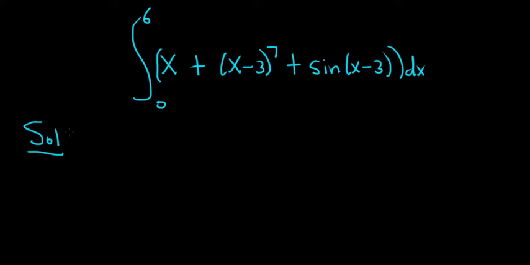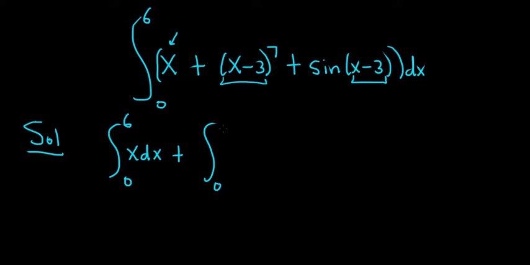Solution. So I'm not sure if there's a clever trick to do this integral. If you know of a clever way, leave a comment below. I'm thinking we just break it up. So here we have x minus 3. Here we have x minus 3. So it'd be nice if we just let u be x minus 3, except here it's just x. So I'm thinking we break it up like this, 0 to 6, x dx, plus, and then just deal with